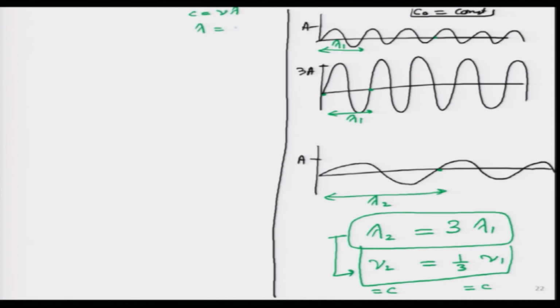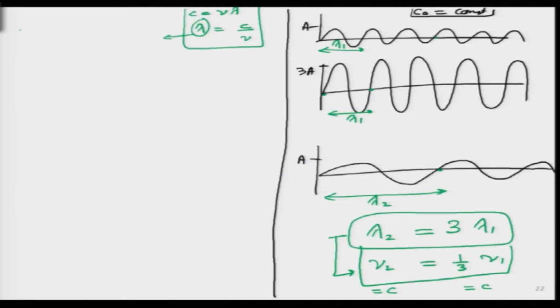So, lambda is simply some constant divided by nu, which means just for ease of use in our radiative heat transfer, we will make lambda one of the variable properties. We can do the same thing with nu as well, but we just choose to use lambda. So, what I mean by that is, we will look at things called the black body emissive power, and we will put a lambda over there. We will call something emissivity, we can put a lambda over there. Then we can call something absorptivity, then lambda over there, transmissivity, lambda. In fact, even our refractive index varies with lambda.